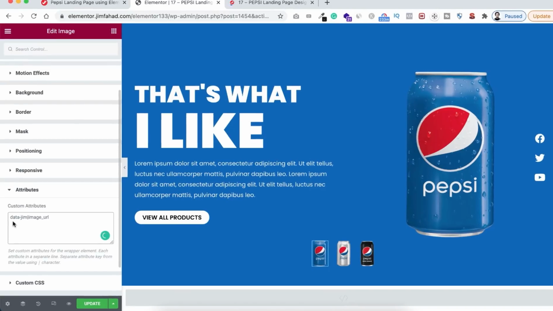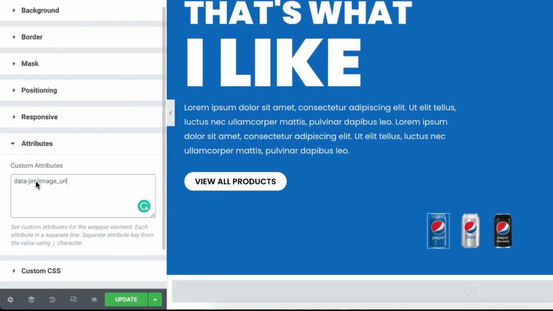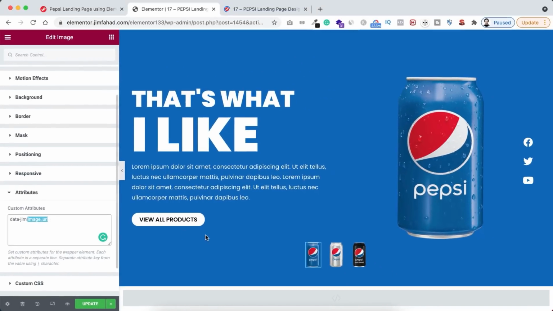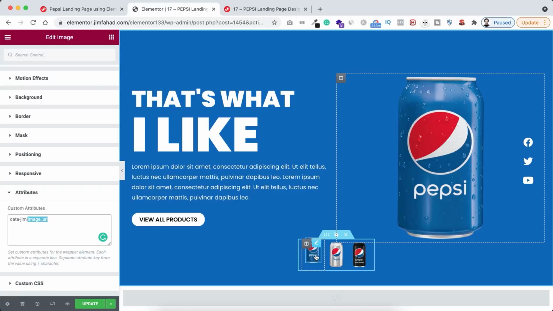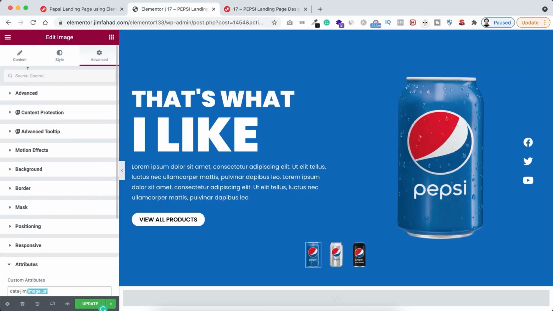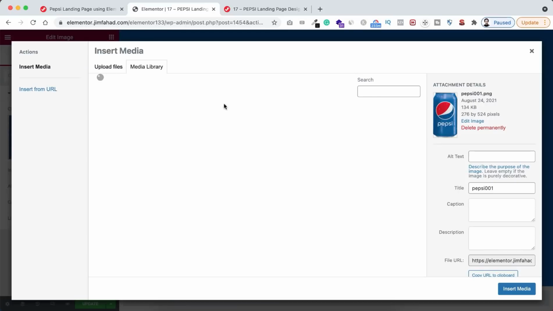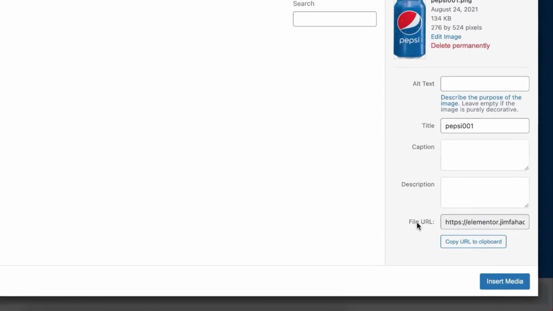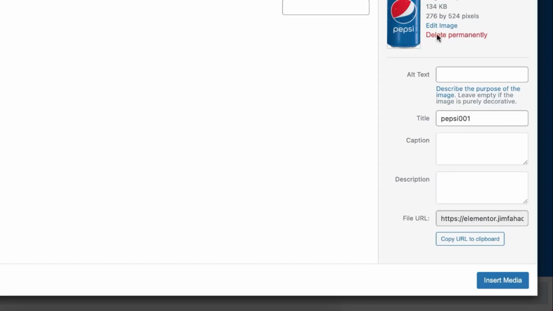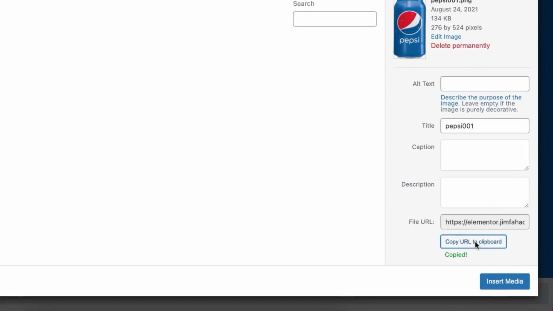If you have a look, it says data-gem, then a pipe symbol, and then you can see image underscore URL. You need to replace this image underscore URL with the real image link. Let me make it easier for you. As we are working with the first thumbnail image, to get the link of this image, just click over this image, go under its Content tab. If we select the image, then here on the right side, you can see the file URL name. That's basically this image's link. You can copy the link from here, or you can simply click here, copy URL to clipboard,